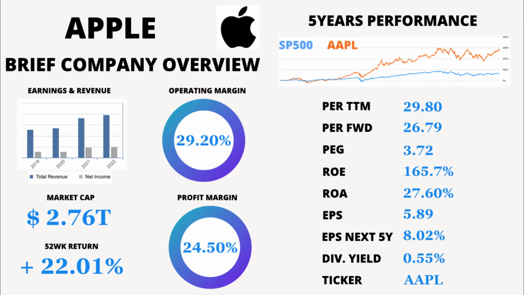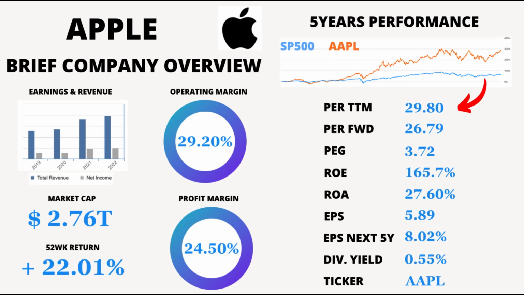First up, let's talk about the price-to-earnings ratio (PER). The PER TTM, which stands for price-to-earnings ratio trailing 12 months, is a metric used to gauge a company's valuation. In Apple's case, it's currently 29.80, indicating investors are willing to pay around 29.80 times the company's earnings per share